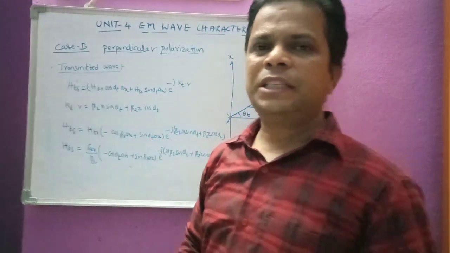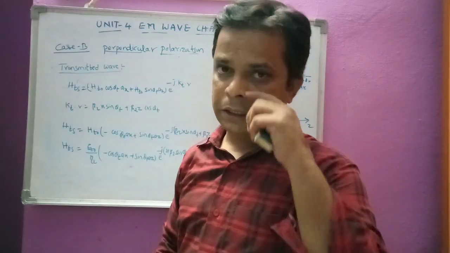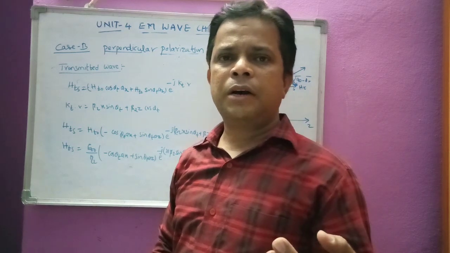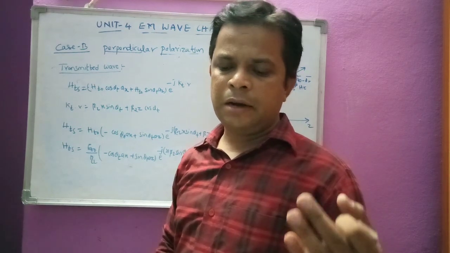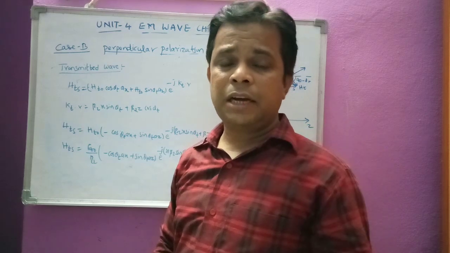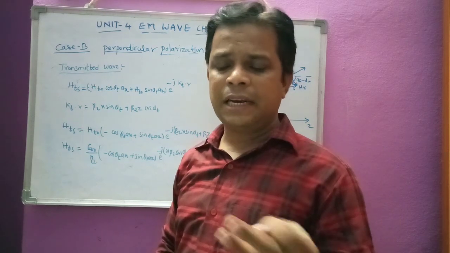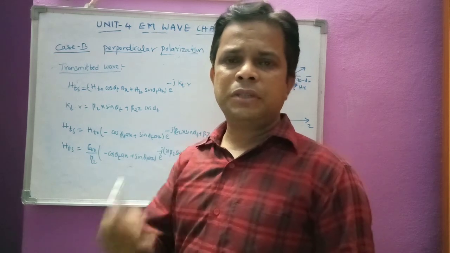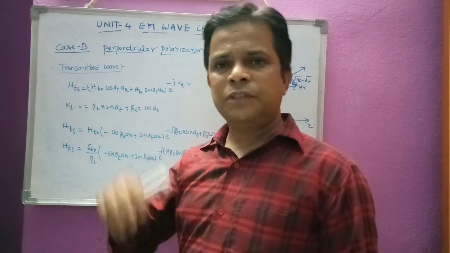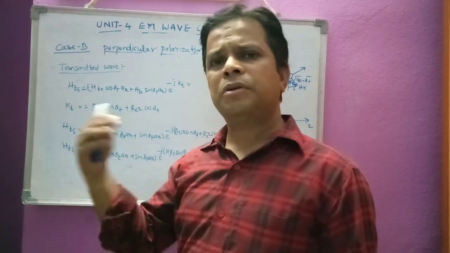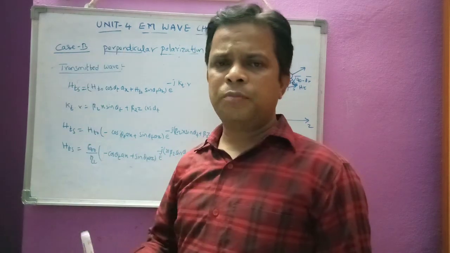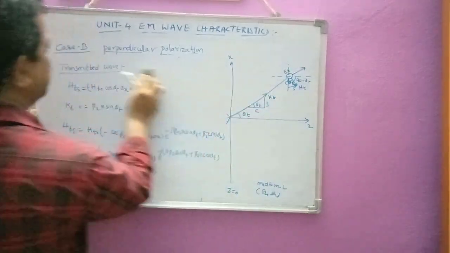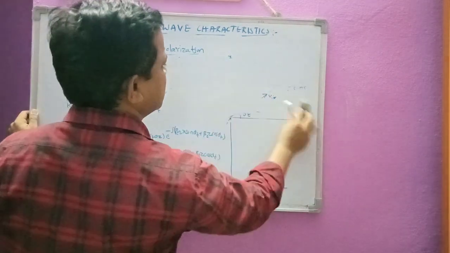Now what is the next step we have to do? We have to apply the boundary condition. At the boundary interface, we know that the tangential components of electric field and magnetic field, both E and H, are continuous at z is equal to 0, and we are going to set theta r equal to theta i, as we have done in the parallel polarization. We are going to adopt the same procedure that we adopted in the parallel polarization. I will erase this one now, as the diagram is not necessary here.